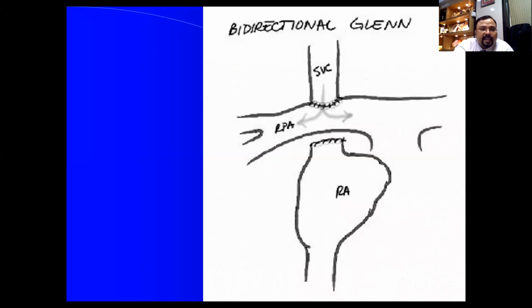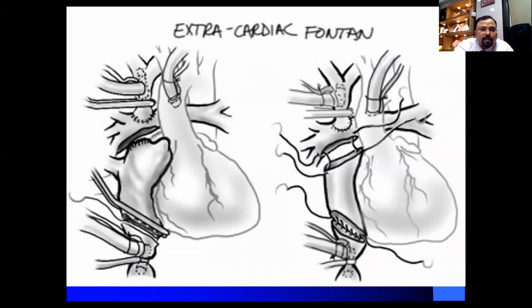Now this is bidirectional Glenn shunt. Second stage for single ventricle physiology, in which SVC is connected to RPA, that is right pulmonary artery. And this is Fontan procedure, which is done between 2 to 5 years of age, in which you can see inferior vena cava, IVC, is connected to right pulmonary artery. In right atrium, we are using conduit, tube-like structure, to connect IVC to RPA. So you can see here, this is conduit. It can be intracardiac Fontan or extracardiac Fontan.